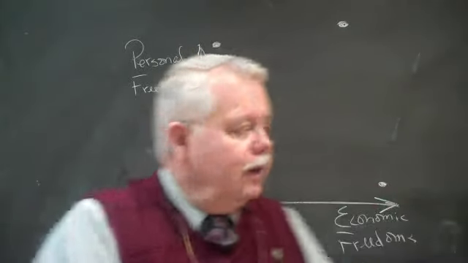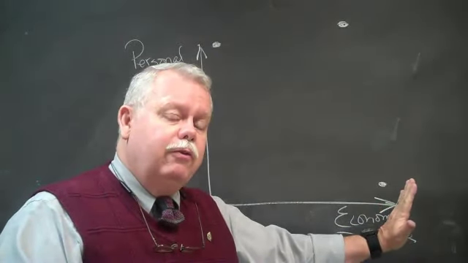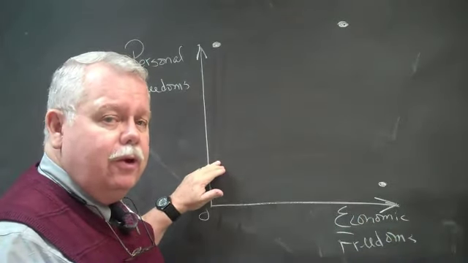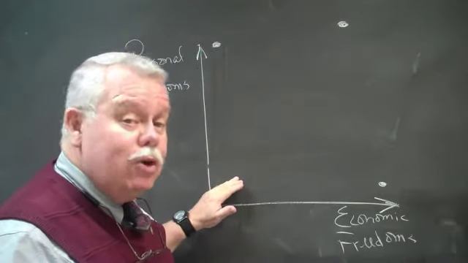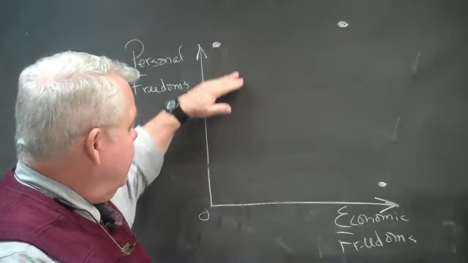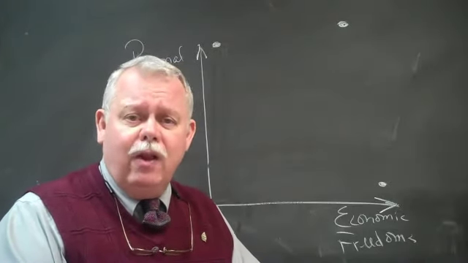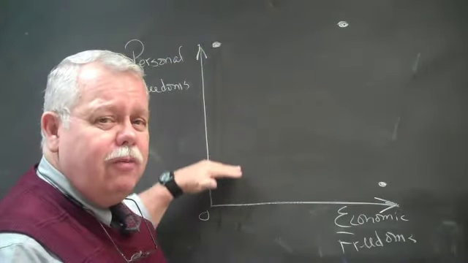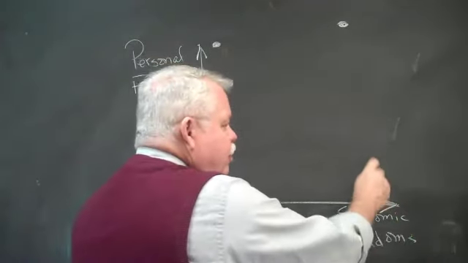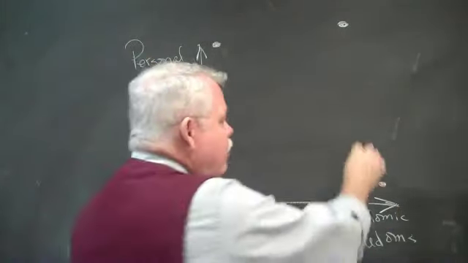Now, let's look at the possibilities. If you favor very strongly economic freedoms, but you see problems in the abuse of personal freedoms, you say that the right to abortion is a travesty against your religion. You say that the right to burn the flag is a very unpatriotic act and ought not be allowed. So you're willing to accept limitations on personal freedoms, but you want the maximum possible economic freedoms. That would put you down here, let's call it point A. And by our definitions, that would label you as a conservative.